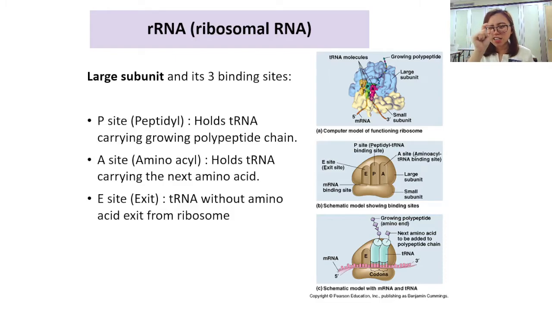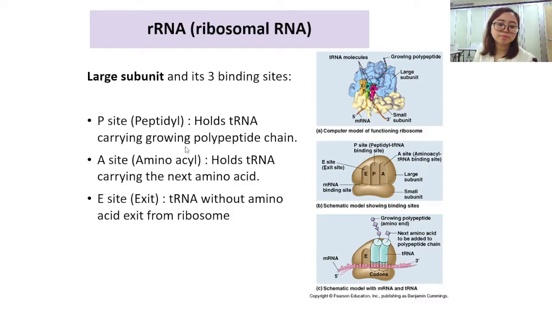Kalau kamu dapat jadi kecil pada size atom, kemungkinan inilah bentuk ribosome yang kamu akan nampak bila kamu bentukan. Okay, so there are 3 binding sites inside. It's not very clear with the first diagram, but it's much clearer with the schematic model. Schematic model ini adalah lukisan mengikut pemahaman kita. Mengikut pemahaman kita, kita boleh nampak ada 3 site di mana tRNA boleh melekat, yaitu A site, P site, dan